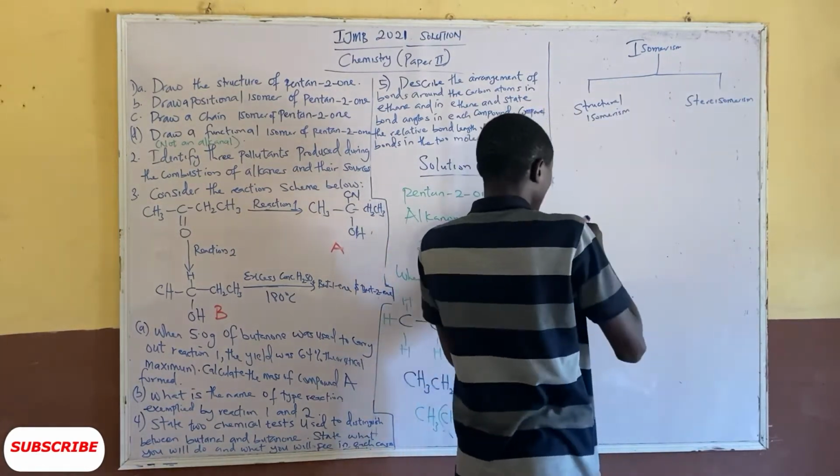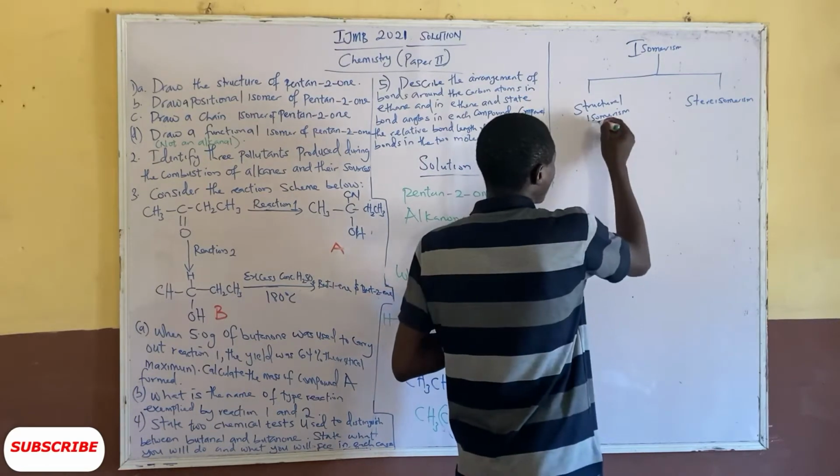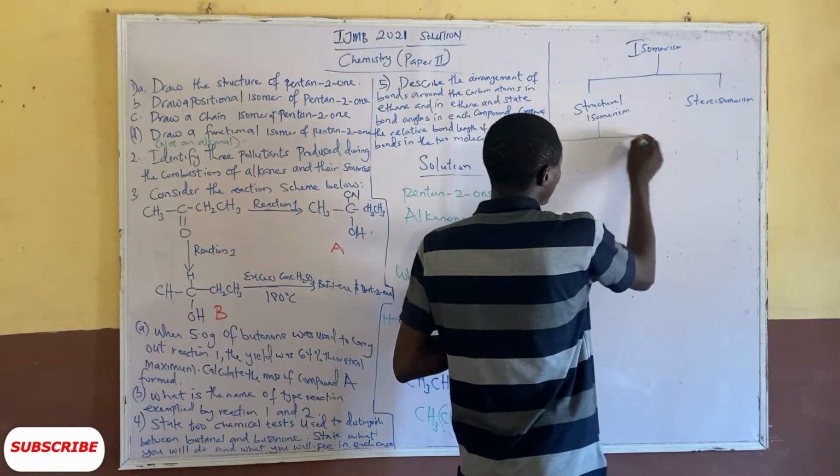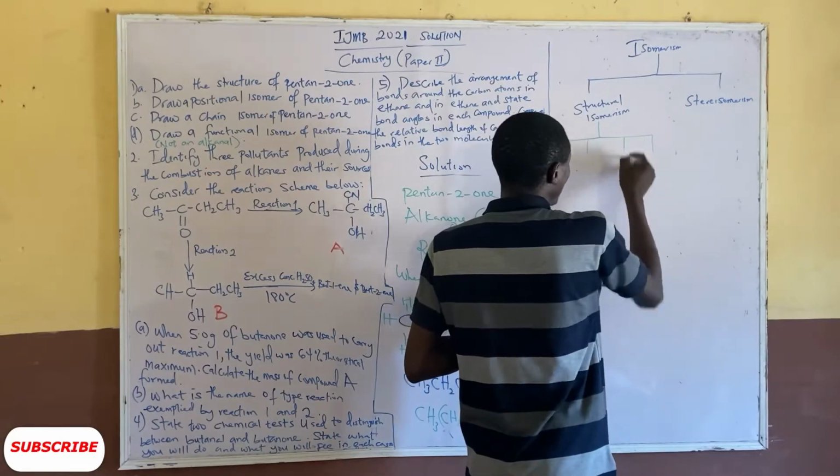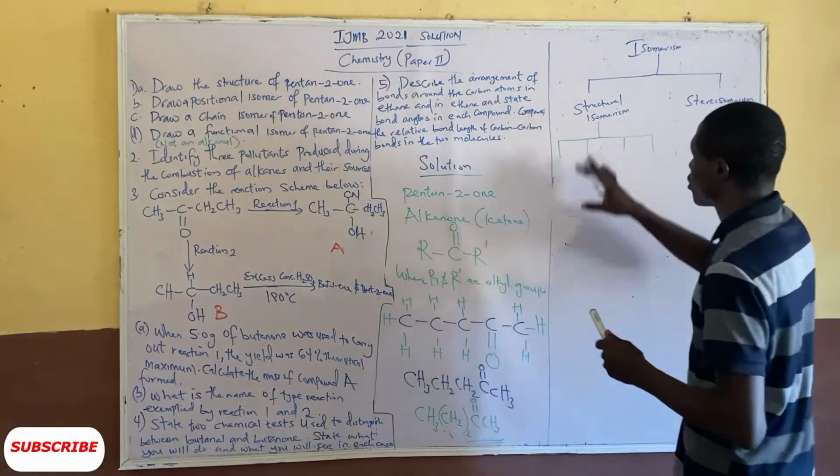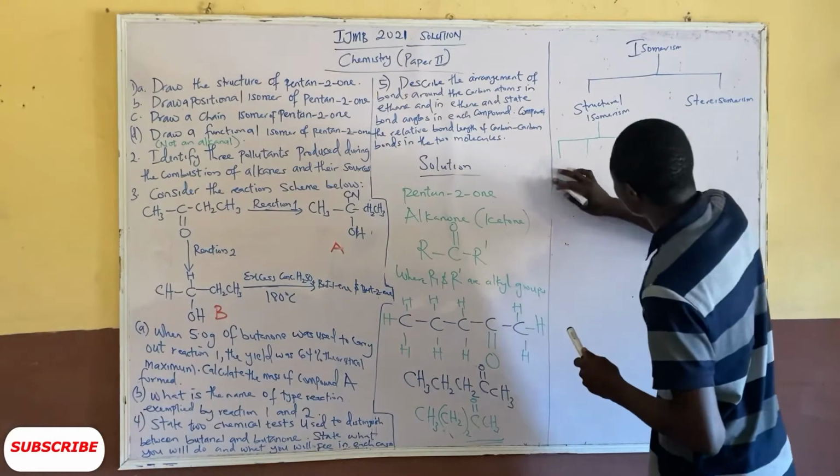So we have structural isomerism and stereoisomerism. Under structural isomerism, we have 4 types. It can be subdivided into 4 types as well. Under structural isomerism, we have 4 types. The first one is